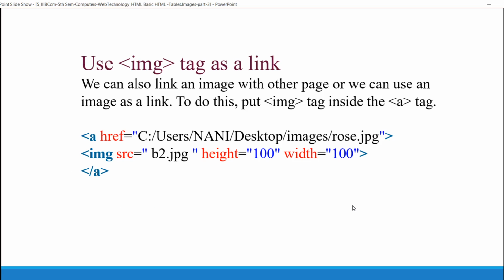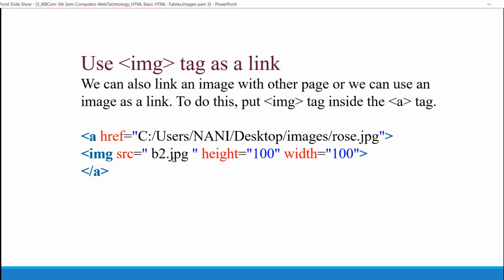We can use the image tag as a link. What is a link? A link connects a document to other documents or web pages. Now for linking to another page, I can use this image. With the help of the image tag, I can link to other documents by clicking on that image. Here I have taken image source equals b2.jpg.